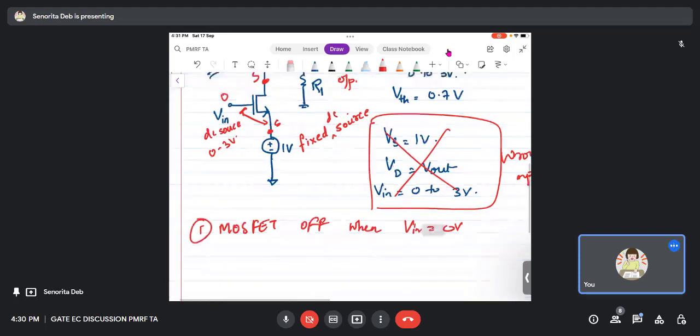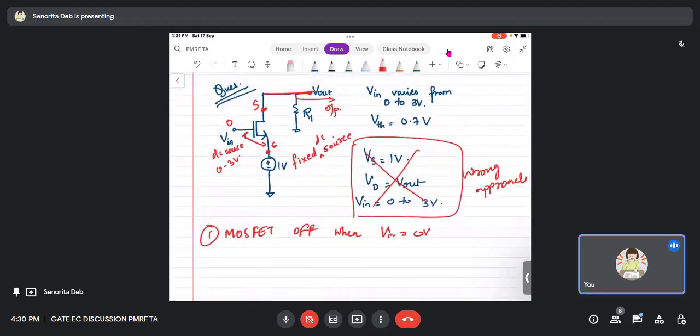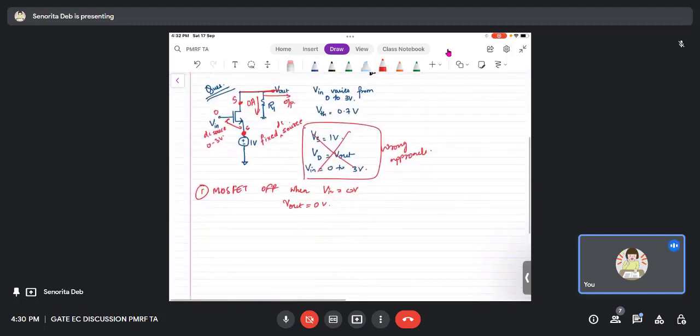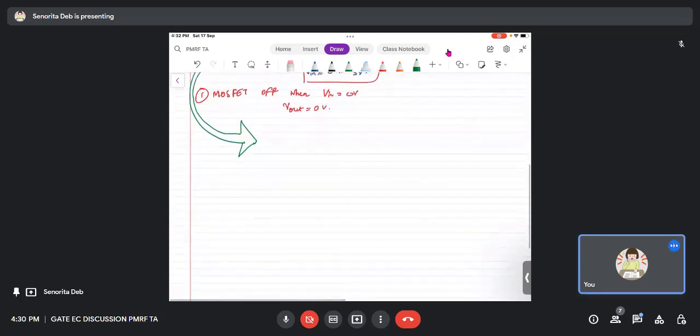Okay. Now, since the MOSFET is off and V in is 0 volts, V out is 0 volts because there is 0 current flowing, so 0 ampere from R1. So V out is 0 volts, right? Now if V out is 0 volts and Vs is 1 volt, so this node is at 1 volt, then what has happened? The drain and source have now interchanged, right? The arrow is not the drain, because as we said, it depends on the potential. So the MOSFET can now be redrawn as